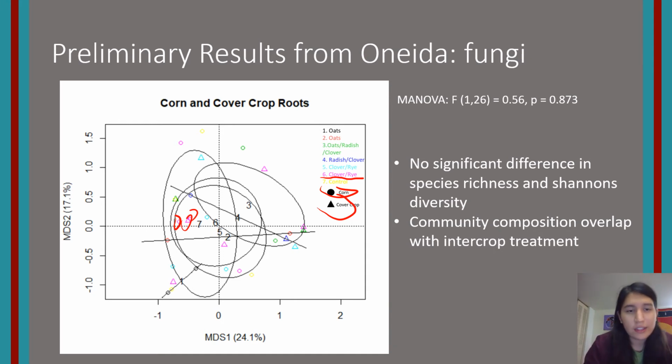And generally, it looks really messy. These circles just work to indicate, it's just the code trying to draw these patterns for these different treatments of cover crops, like with the communities, but it's just overlapping a lot. So that's sort of how you look at these, and we saw furthermore there was no significant difference in the number of species or the diversity of species between each of these roots, meaning that it just all sort of overlapped. They were all somewhat similar,